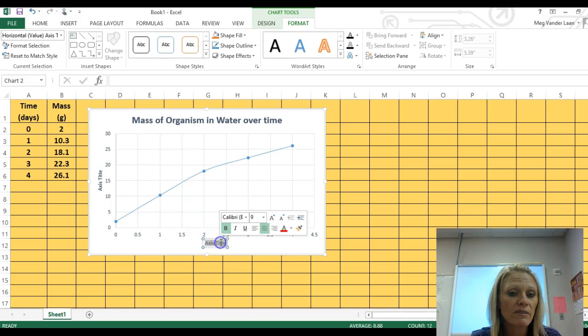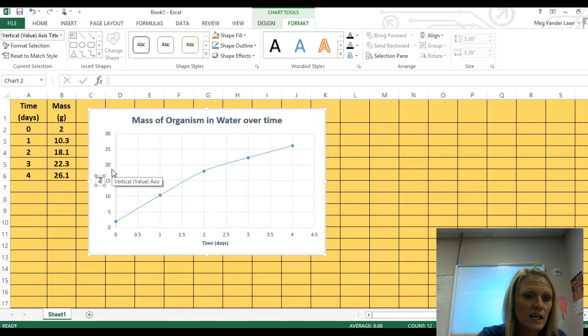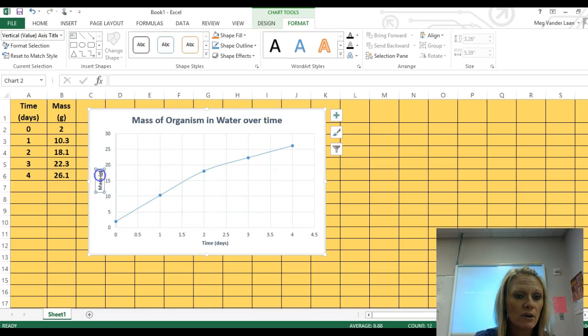Now, if you look down here, we have the axis title. I can double click on this axis title. Sometimes it's kind of goofy, but I can delete axis title. And now down here, this should be days, right? So this is our time period, and our time period is in days, so we put days in parentheses. This axis title is going to correspond, and if you look, we're on axis title here, and I'm going to try to get in there so I can delete that down. Then I'm going to backspace. This axis title is our mass, and we measured in grams, so then you'll put grams there. So now we have our title, we have our axis titles,